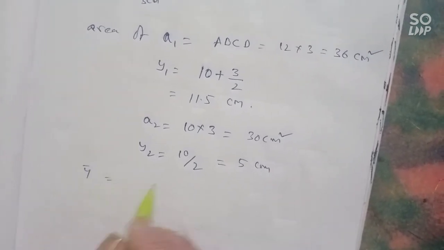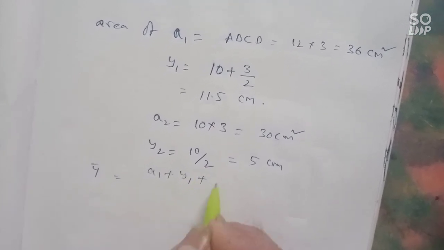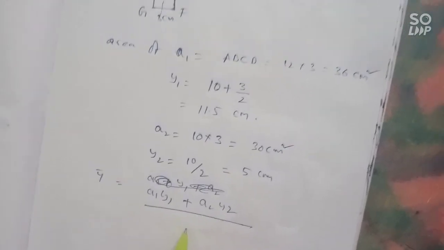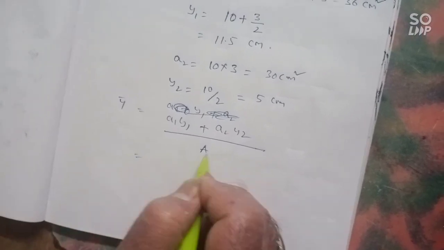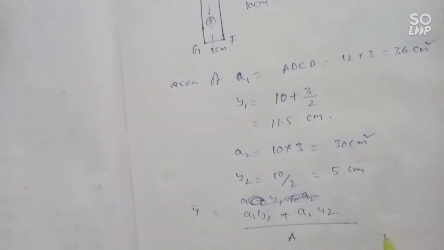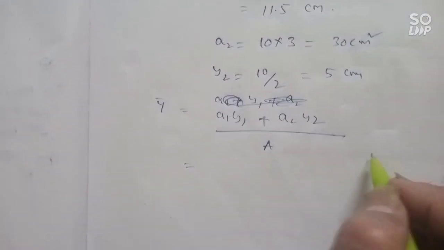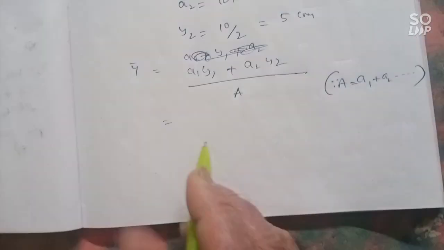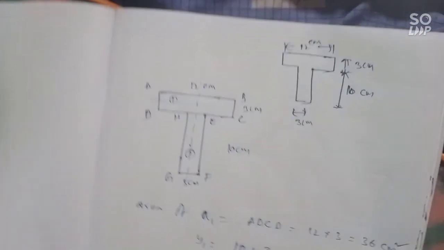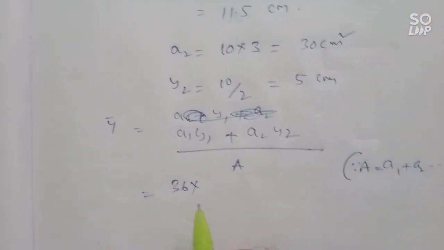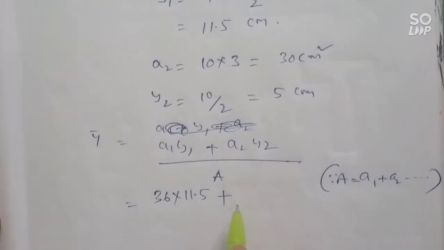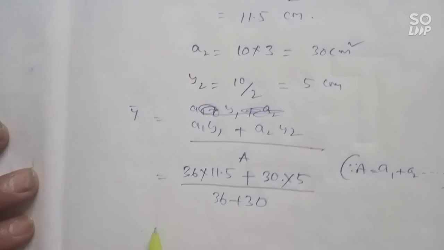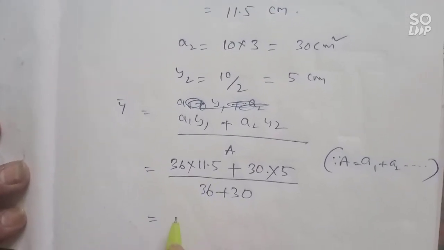Now the formula: y is equal to A1 y1 plus A2 y2 divided by capital A. Capital A is the sum of the total area, that is A1 plus A2 plus etc. So A1 is 36 into y1 11.5 plus A2 30 into y2 5, divided by 36 plus 30,